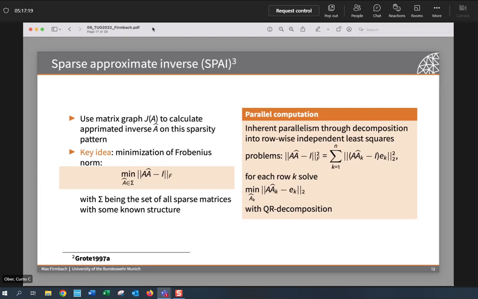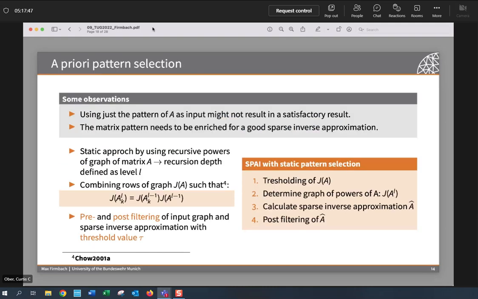So we have one communication step in the beginning, and afterwards we can do this all in parallel, where each matrix row of our inverse is calculated based on a small least squares problem, which you can do with QR decomposition, something like the serial QR decomposition solver that you also find in the Trilinos packages. And if we go to the next one,